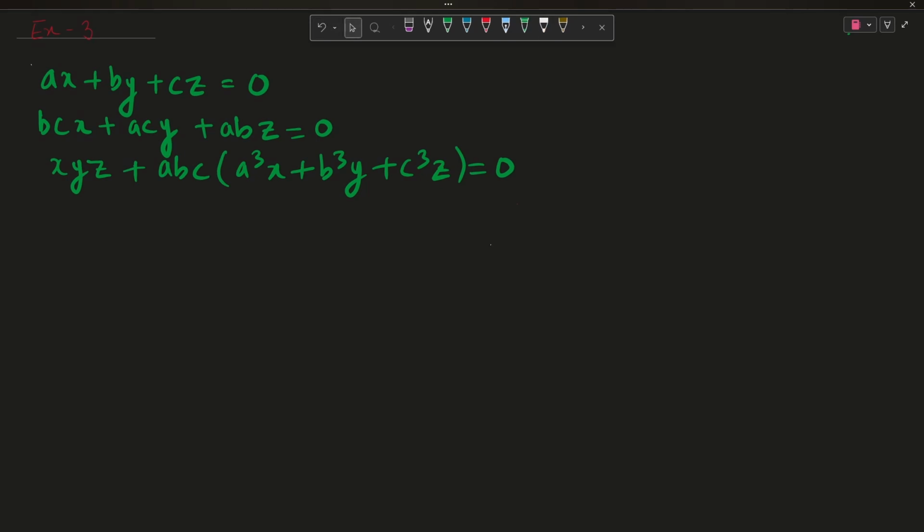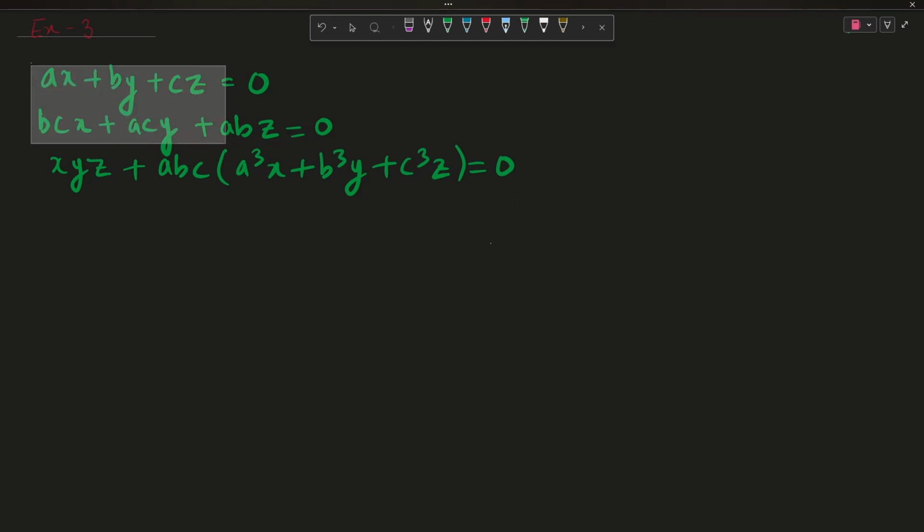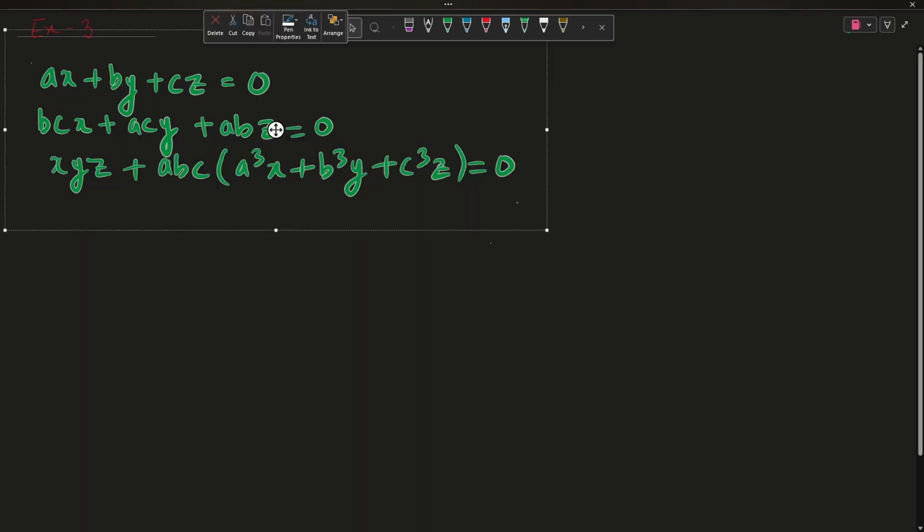Let me zoom it a little bit. So we are given, wait, one minute. We are given this equation: